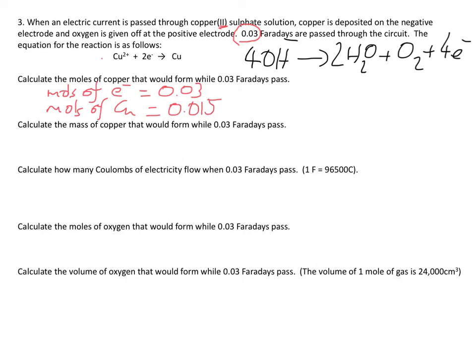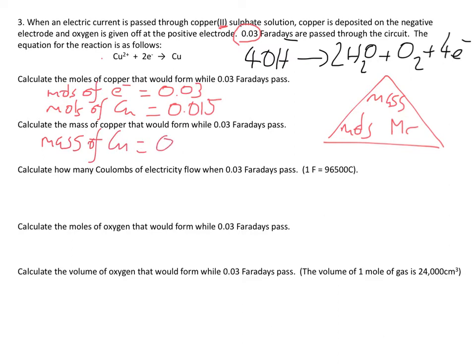Now you might have predicted what the next question would be. Calculate the mass of copper that would form when that electricity had passed through. So you need to convert your moles into mass. What a surprise. You need to use the triangle. Moles is mass over relative molecular mass. So if we're converting from moles into mass, mass is moles times Mr. So mass of Cu is moles, which is 0.015, times by the